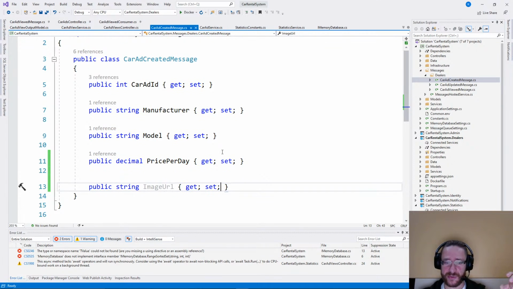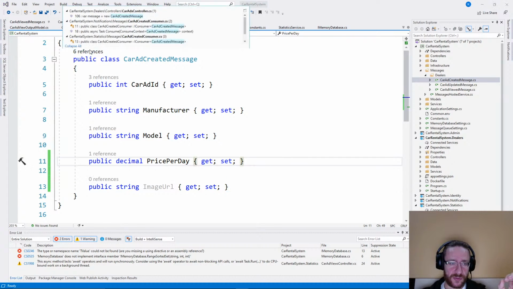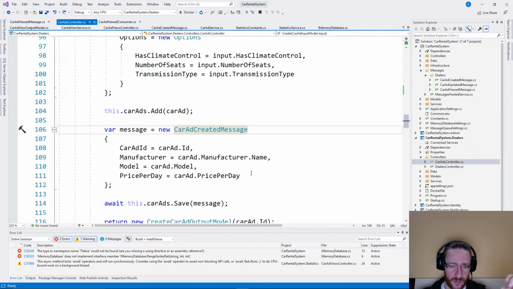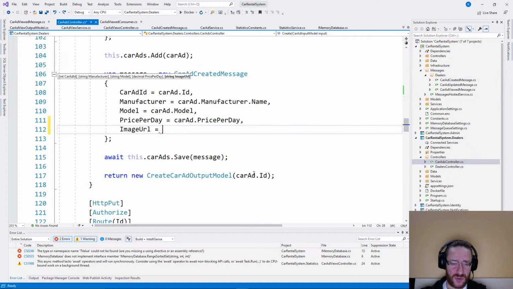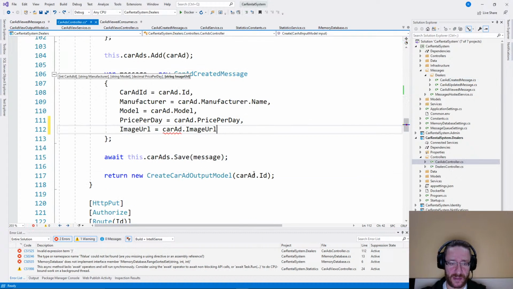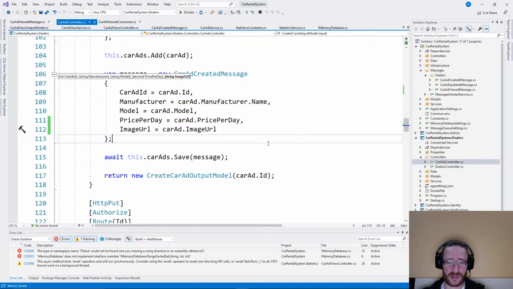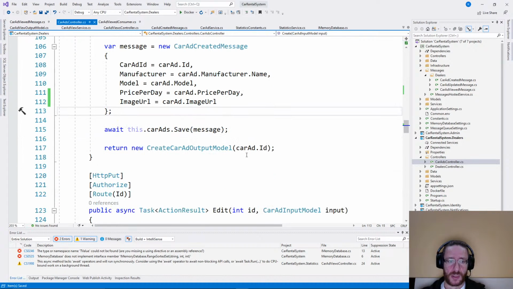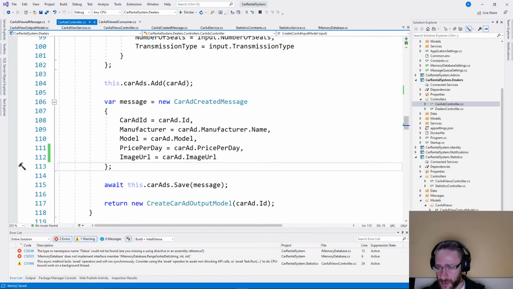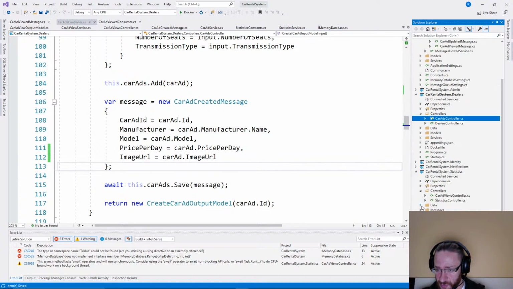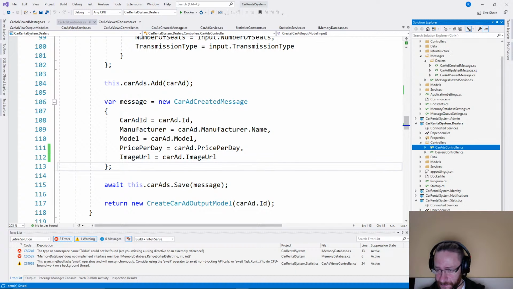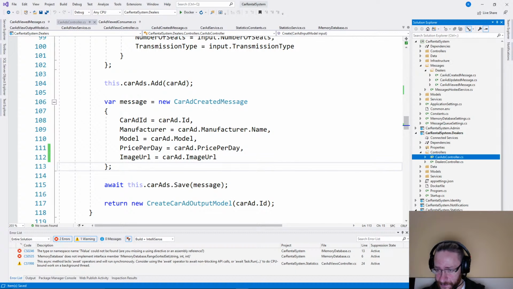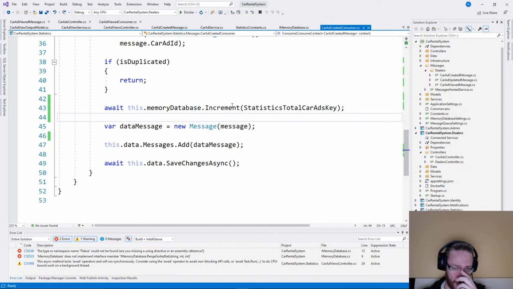So a car ad is created. I'm going to add the image URL, car ad image URL, like this. And on the car ad created consumer, here